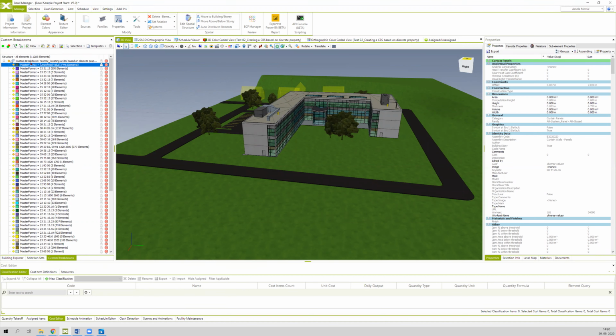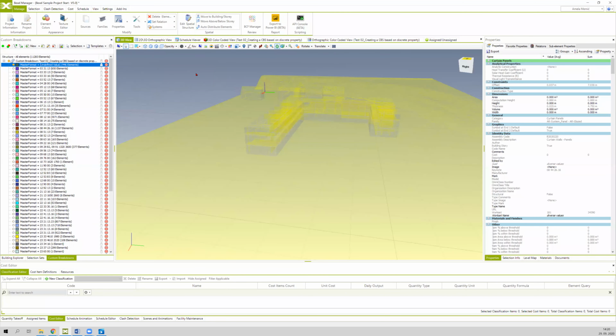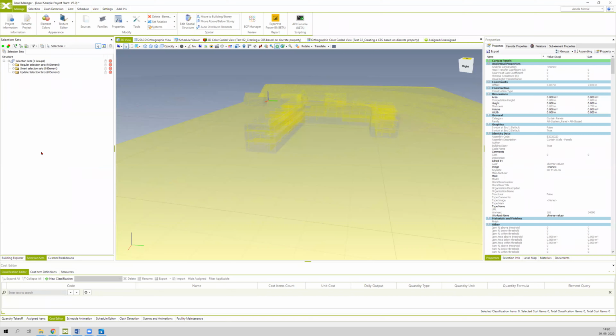So click on this group, so it colors blue, and then go to the viewport and click with the right click in the empty space, and the contextual menu opens where you choose the option Isolate and then Selected Elements. So now if you go to the Selection Sets palette, click on the New Selection Set command within the Selection Sets command line,